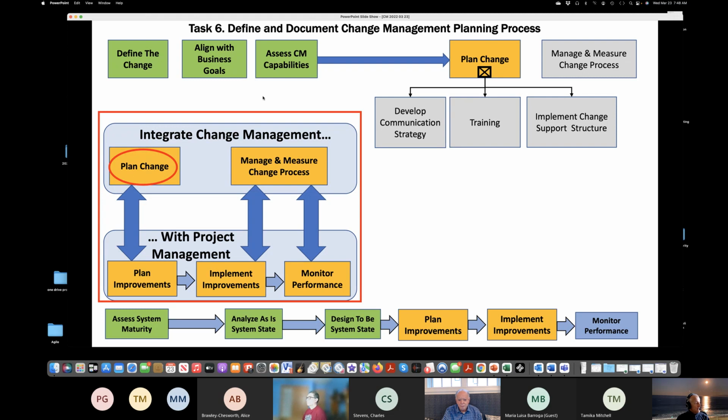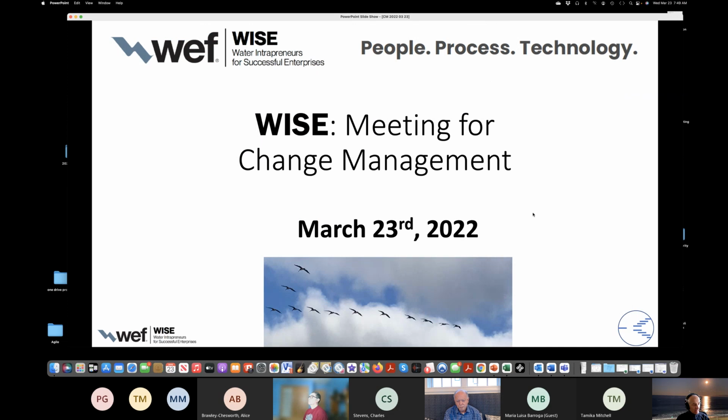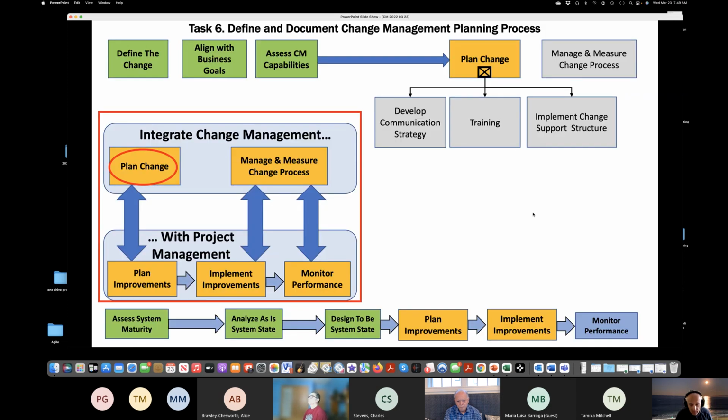So what we're going to do after that in task 6 is to look at this task to plan change and flesh it out similarly to the way we've done the one for assessing capabilities, and maybe implement things like what is the process to develop an effective communication strategy for training and for implementing a change support structure. So these are the slides that I was hoping to use